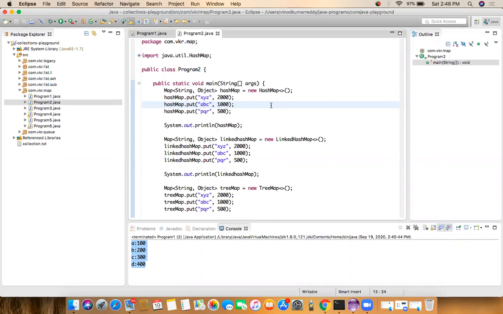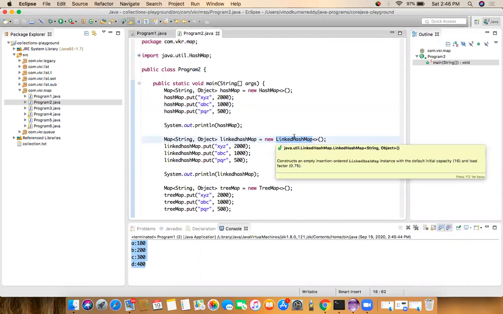If you want to maintain order in the map entry objects, we have to use a LinkedHashMap. By using LinkedHashMap, we can maintain the order.